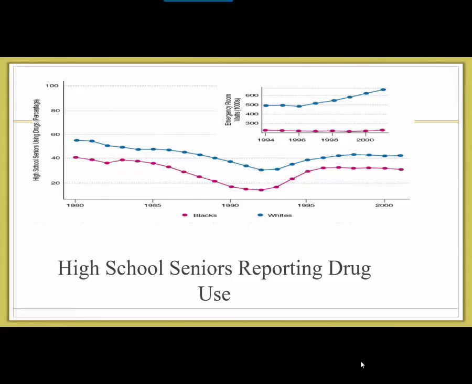And of course, what we now know is this is related to the beginning of the opioid epidemic, which has ravaged white communities and young white people at much higher rates than it has African Americans. So this kind of holds up here. So,